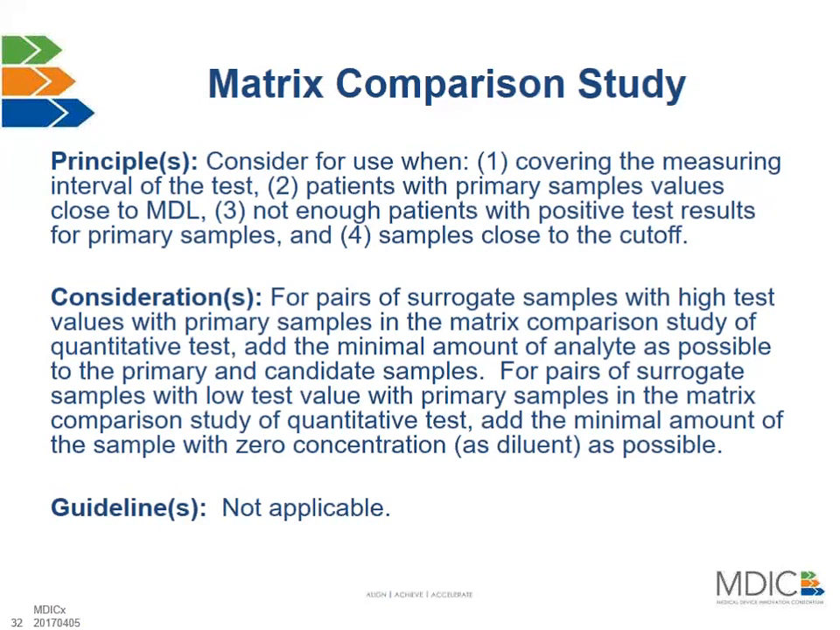Matrix comparison illustrates specific situations in which one would consider the use of surrogate samples. For example, covering the measuring interval of the test, obtaining patients with primary sample values close to the medical decision level. There may not be enough patients with positive test results to complete the comparison, or there may be difficulty acquiring a sufficient number of samples close to the cutoff. And it is in these situations where one would consider the use of surrogate samples as part of the matrix